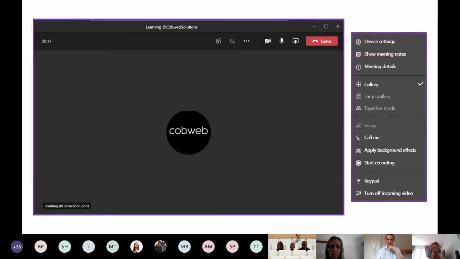So you'll see at the top of the screen, you've got call participants, the chat and IM icon, the ellipse and the three dots and all the same sort of icons. When you click on the three dots, you get some different features being in the newer version. So device settings is still there. You can show meeting notes rather than have to click through to the original calendar invite to find the meeting,